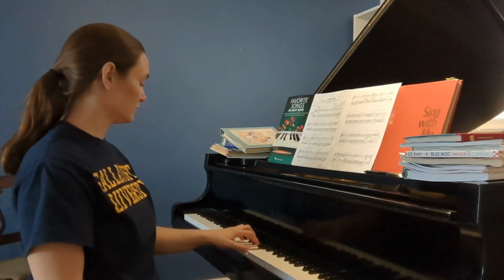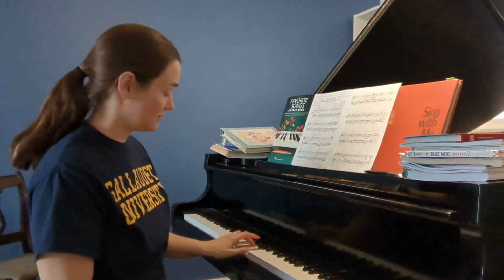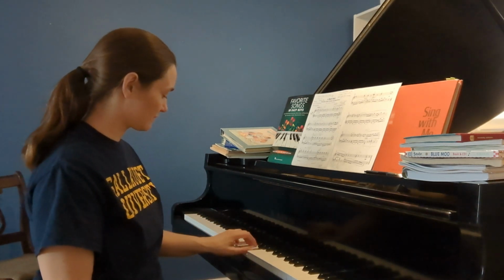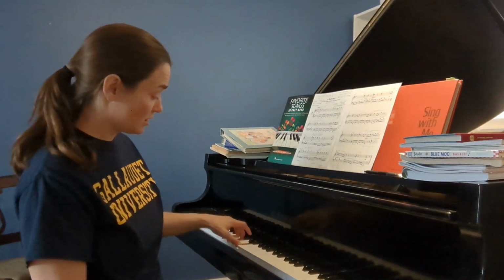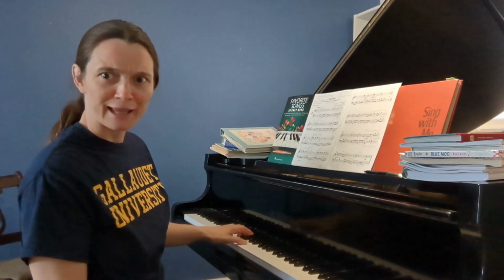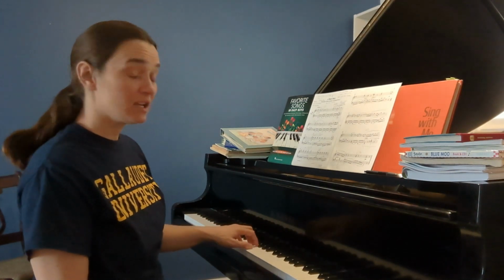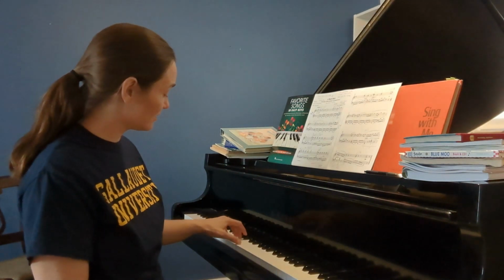I would practice that blocked. This and this, until you get the positioning of your fingers for each of those chords. Can you do it without looking? Okay, once you know exactly where you're going, then you can try splitting up the notes and